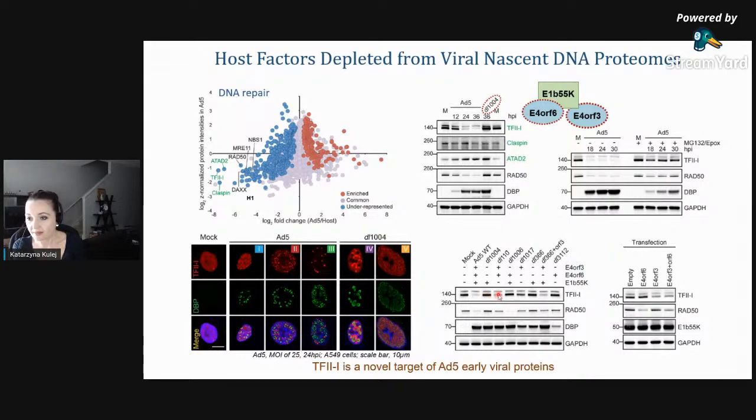But whenever a protein is lacking, especially E4 or 3, we can also see the increase. The presence of E4 or 3 proteins very nicely decreases it. And also within a transfection, we proved that overexpression of the single proteins, especially E4 or 3, within a cell leads to the decrease of